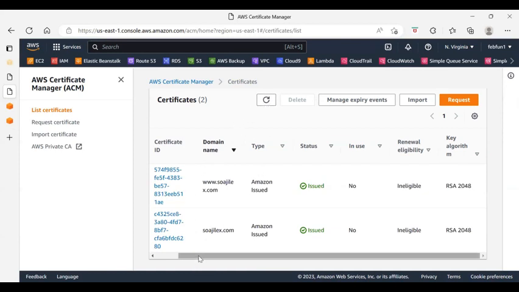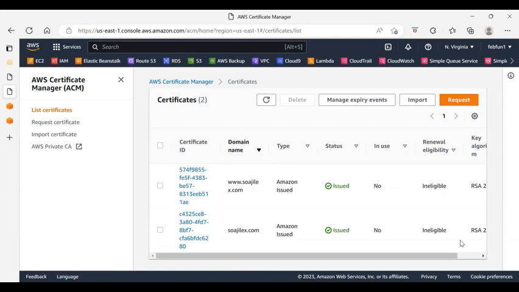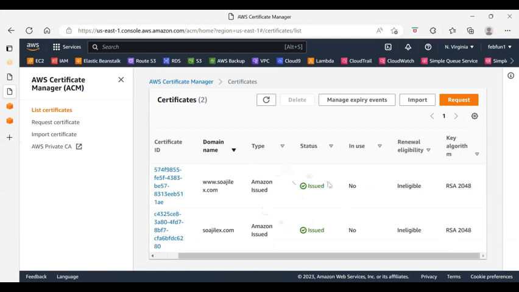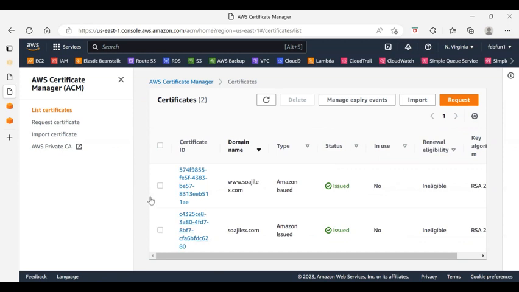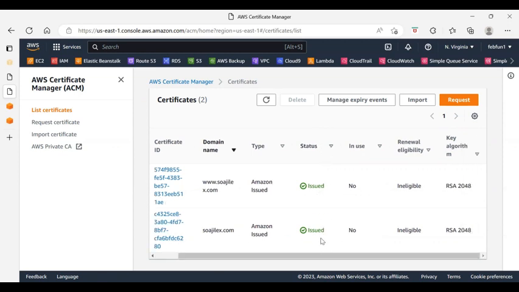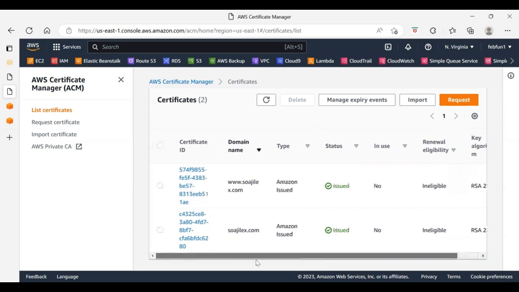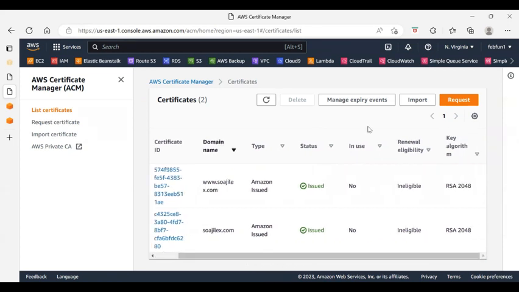Yes, you see, both certificates are finally issued. I hope you take notes of where we made the mistake yesterday. We were supposed to create the record in Route 53 and we kept on waiting. Just a click would have solved the problem. So both certificates are finally issued. All right, so we are good to go with the certificates. The next thing for us to do